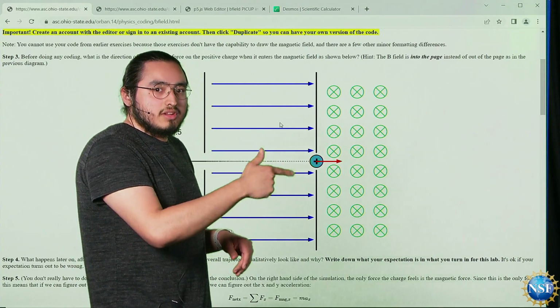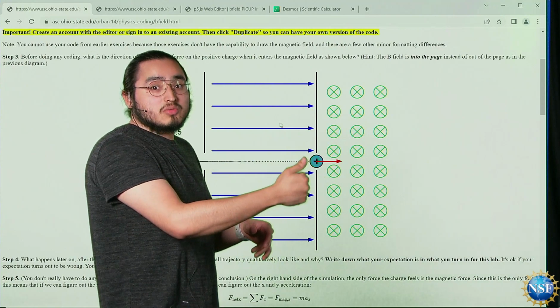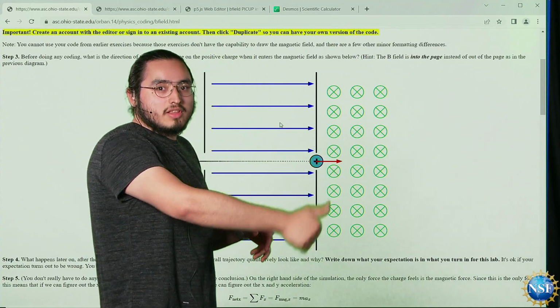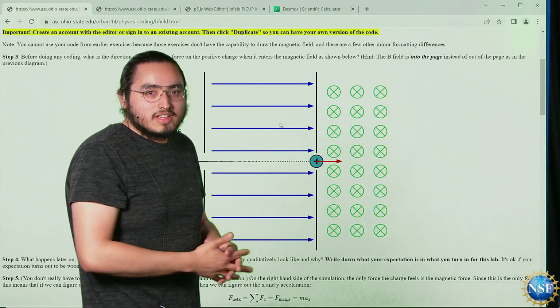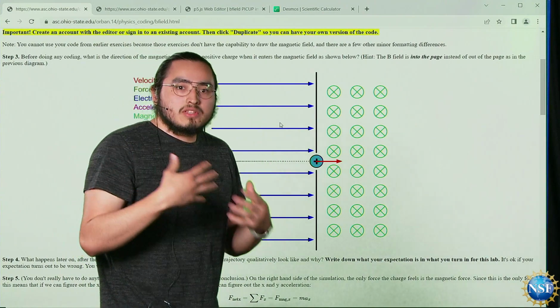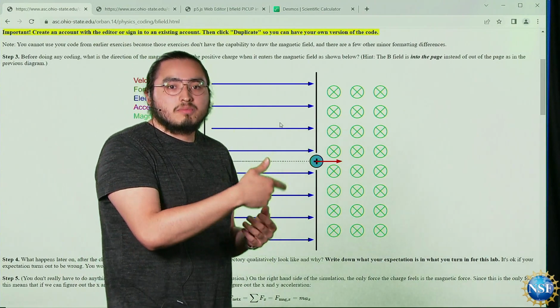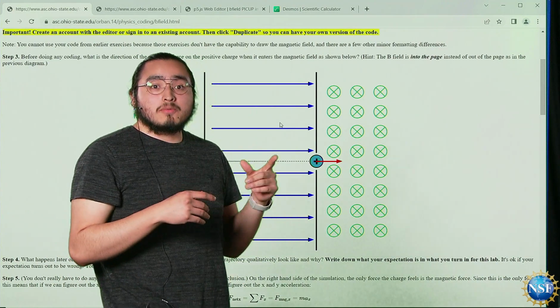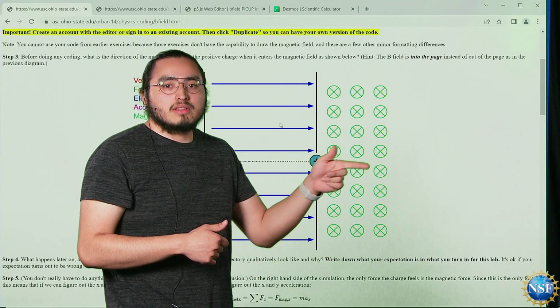It kind of depends on whether you want your hands like this, or you do it this way. You get the fun, like, woo, let's go, we did it, right hand rule. So I do it to this day. That's qualitatively what we should expect when we're coding this up and putting in values. You'll see that the force in the positive y direction will lead to a motion for the particle like this,